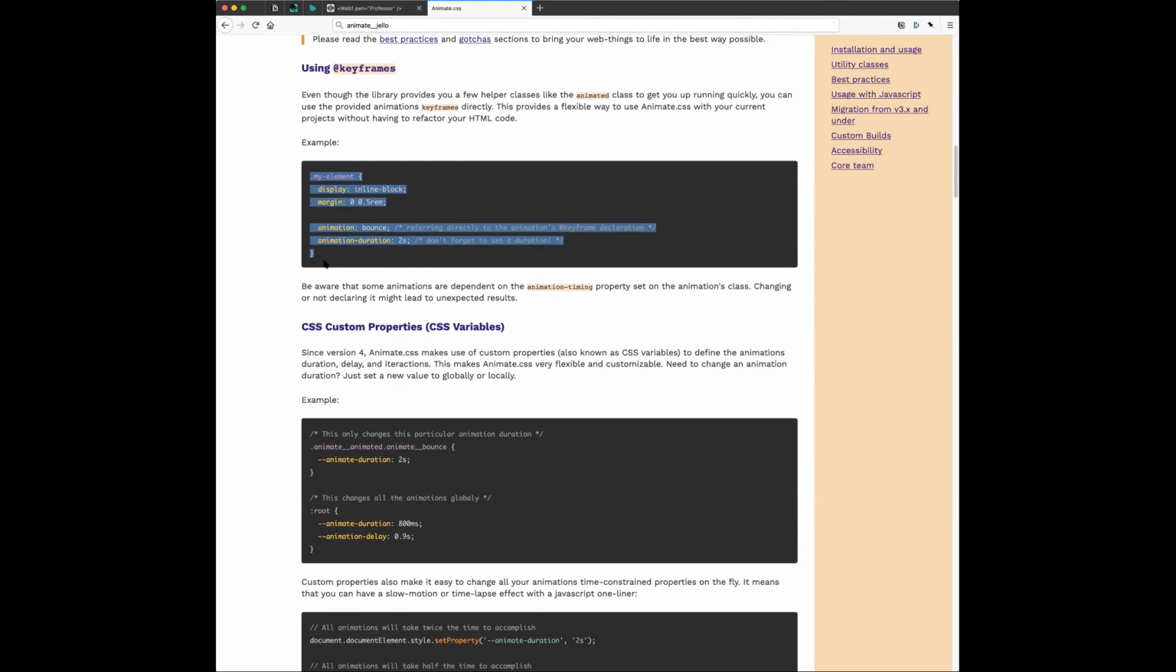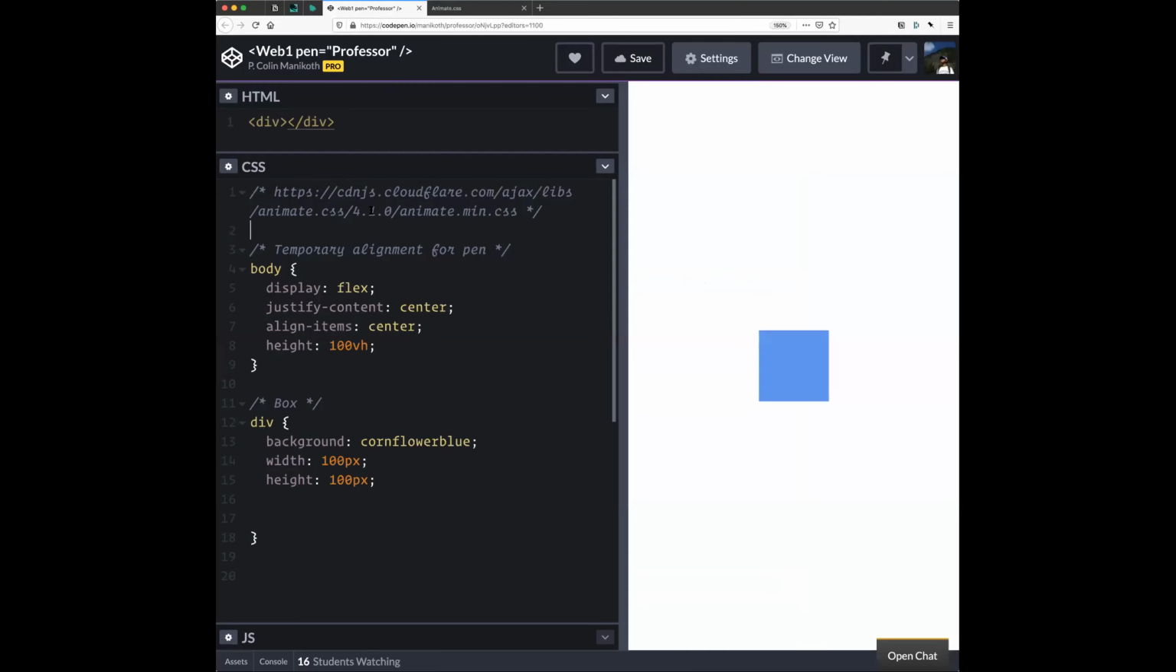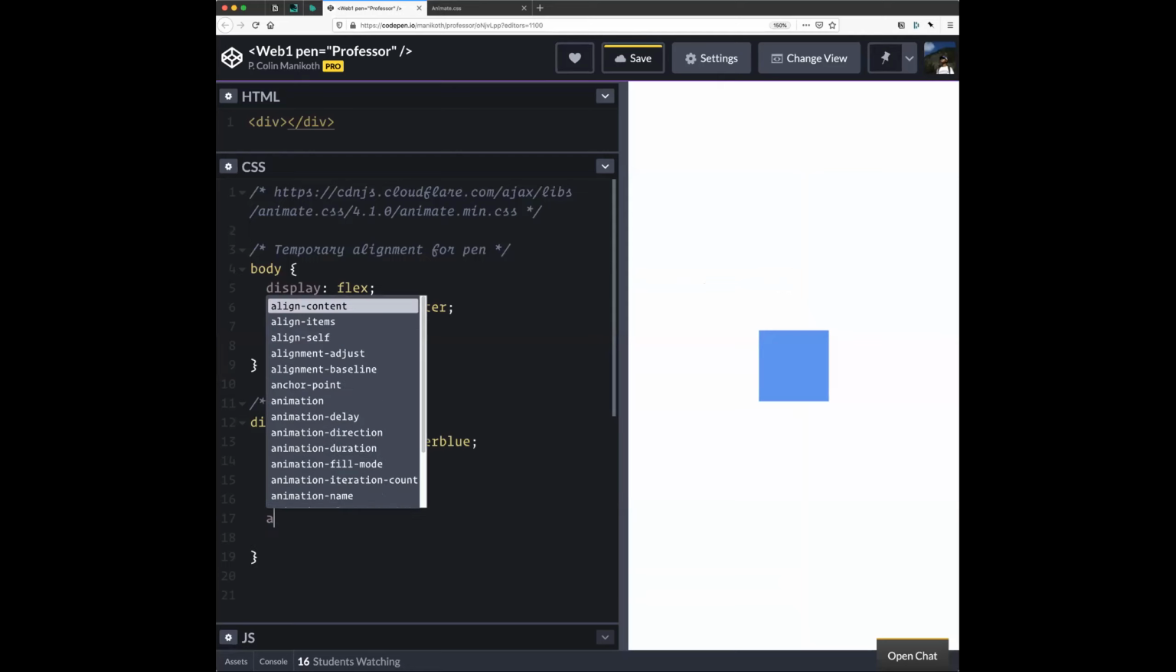This is the method that we're working on today, and that's why I'm spending so much time on this point. We're going to use this @keyframes method. All the other methods, don't worry about, because they're outside the scope of this class. Once we have that added, let's first get this thing working. So we're going to use